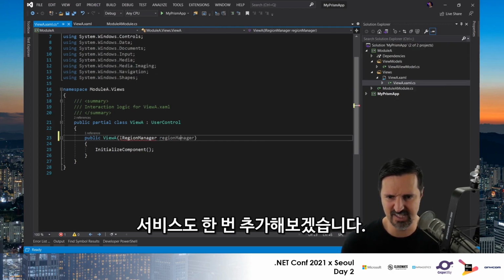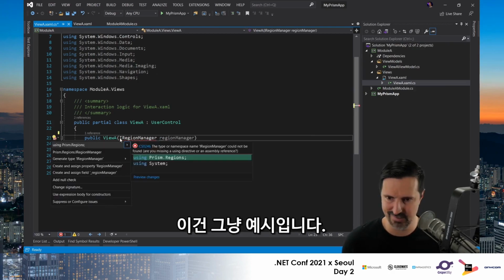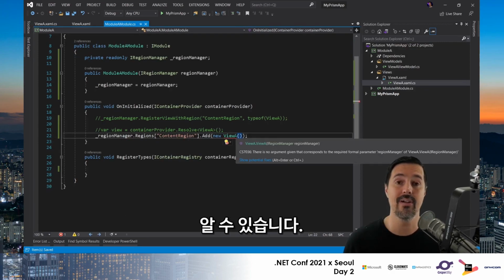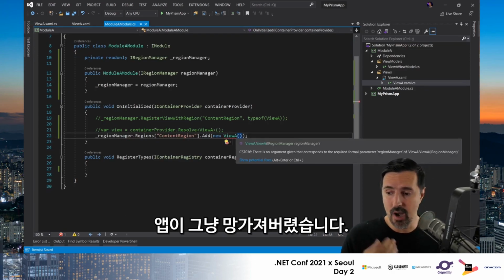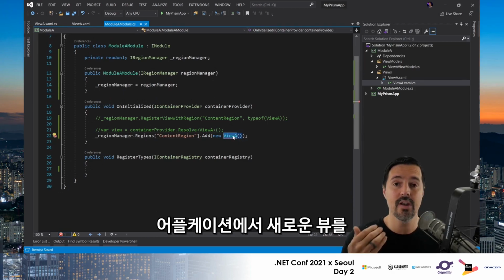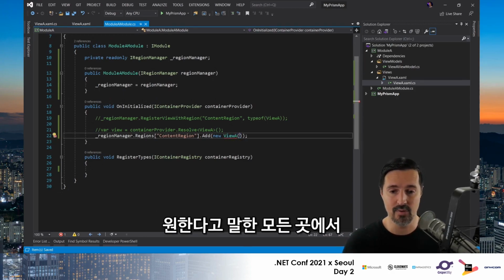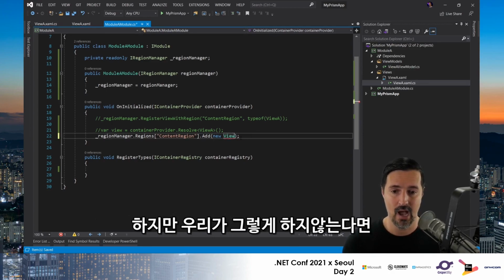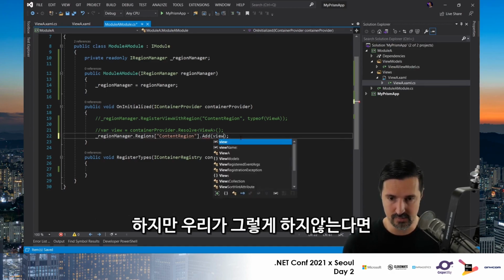I just need some service, whatever it is. This is just an example. Now, when you come here, we've broken our app. Everywhere in our application where we have said we want a new view A, we have broken. Now we have to come in here and add code to fix it. However, if we don't do that,